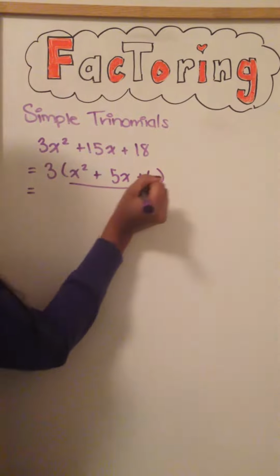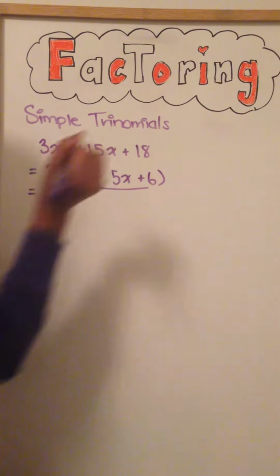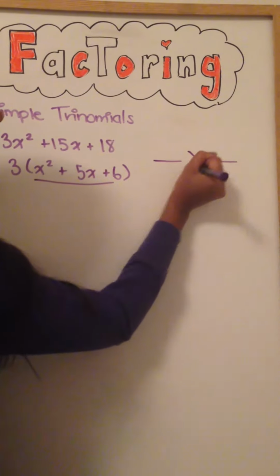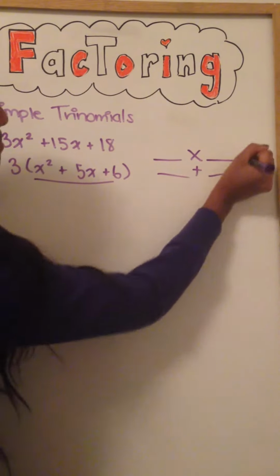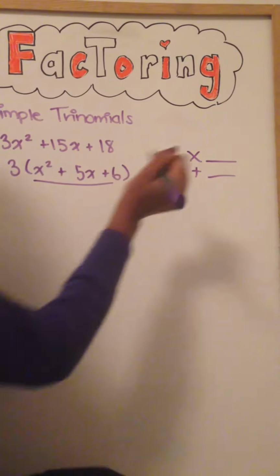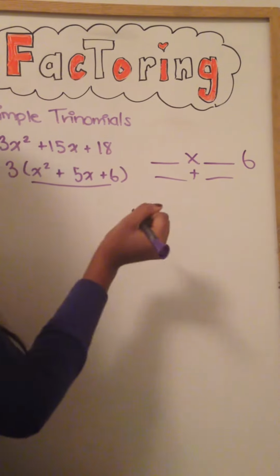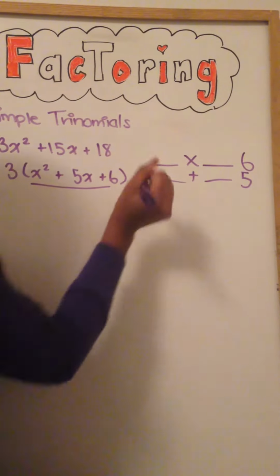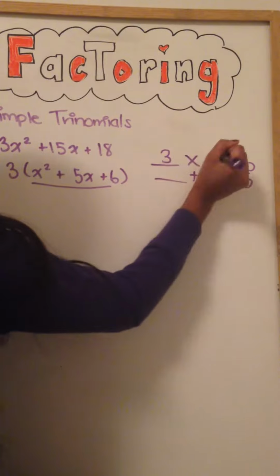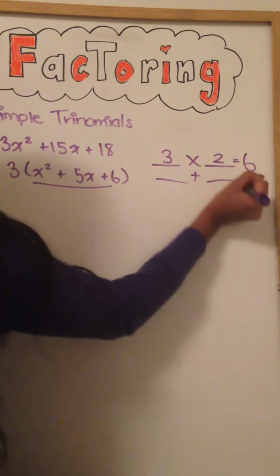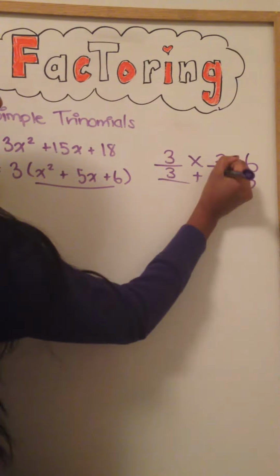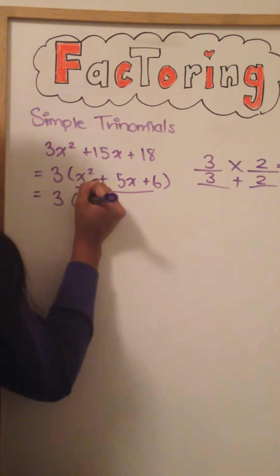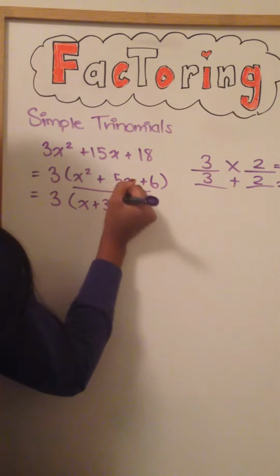Now, this itself is a simple trinomial. So in a simple trinomial, you have to get two factors that multiply to 6 and the same two factors that add to 5. In this case, as you can see, 3 times 2 equals 6 and 3 plus 2 equals 5. So when you factor this, the new equation is going to be